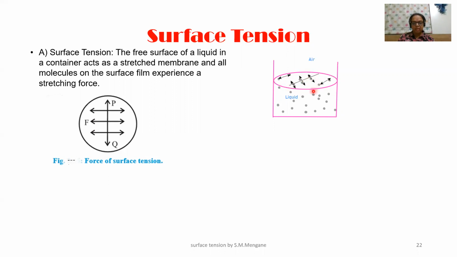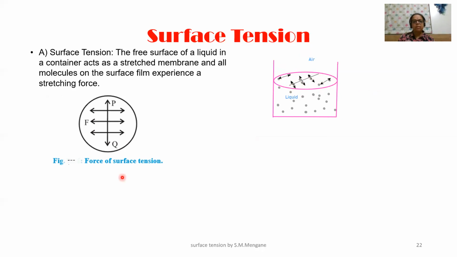So across any line, perpendicular to the line, all the molecules are applying force. Means if we draw an imaginary line like this, then the molecules on either side exert a force on each other. Here also. One thing is common in this: the direction of force is tangential to the surface. No force is coming up or going down.